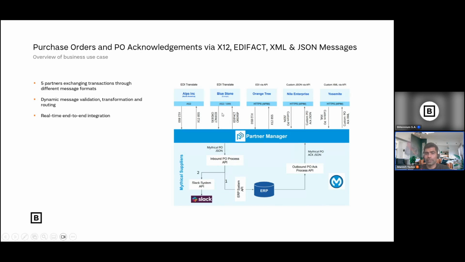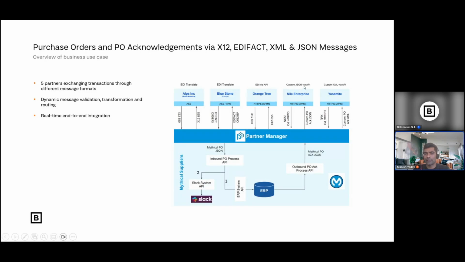I would not say legacy partners, but they are people who set up their business a long time ago when there was no JSON or XML. Or even if there was JSON or XML, they wanted to sign a contract for a standard format. That is why they are using the EDI format. They also want to do business, but they are modern customers. That is why they are doing business over the API. Someone asked, can we send the purchase order over XML or JSON? Yes, send it over XML and JSON. That is fine.